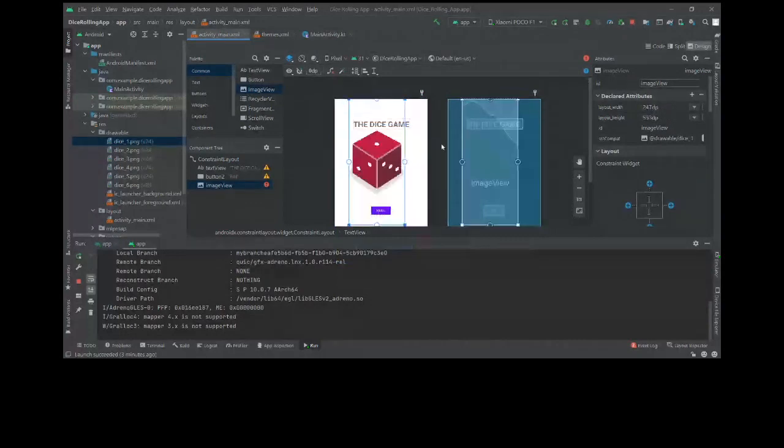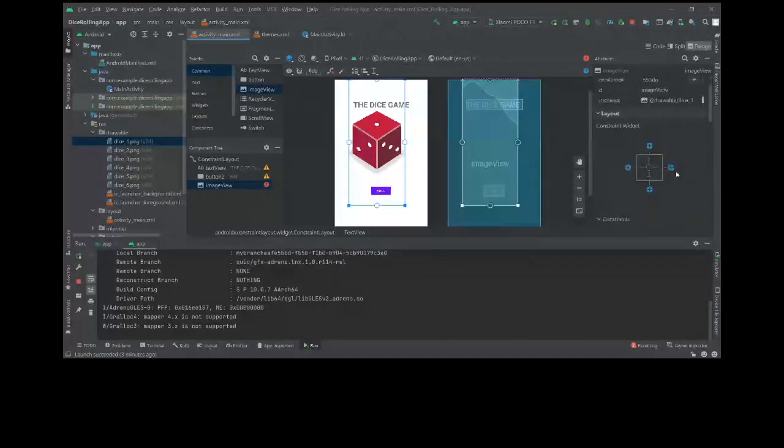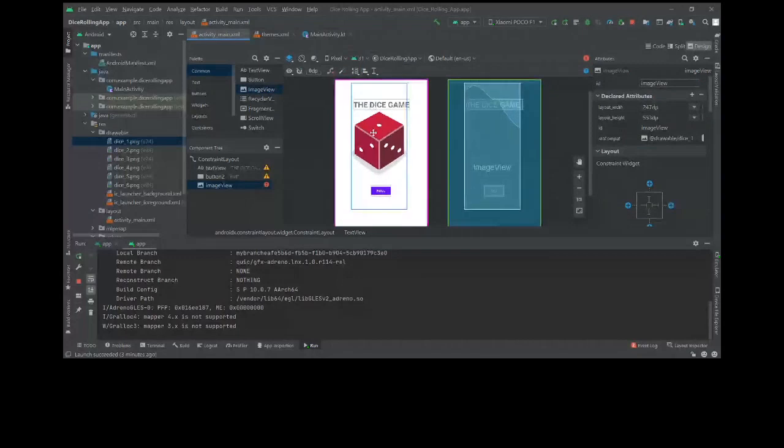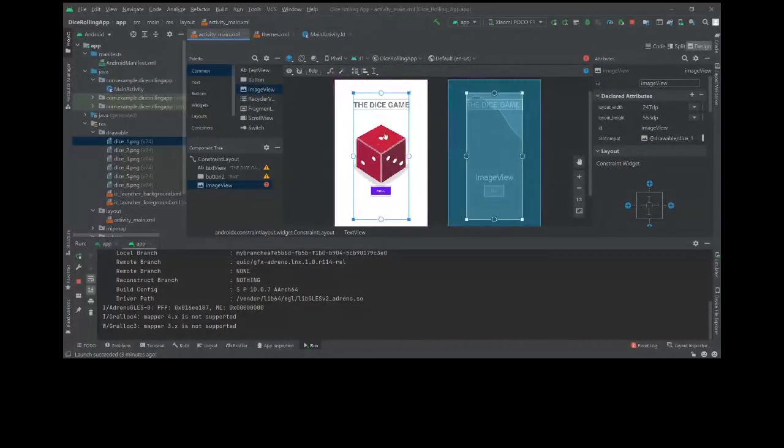I will resize it like this. Okay, now I want this image to be centered, so I will just do this. There is an option to crop.